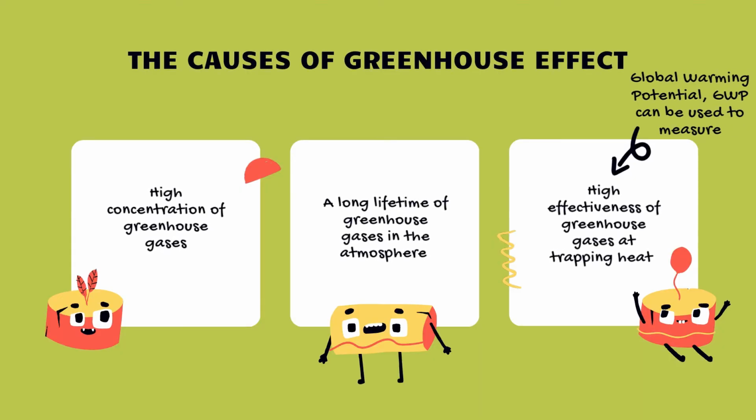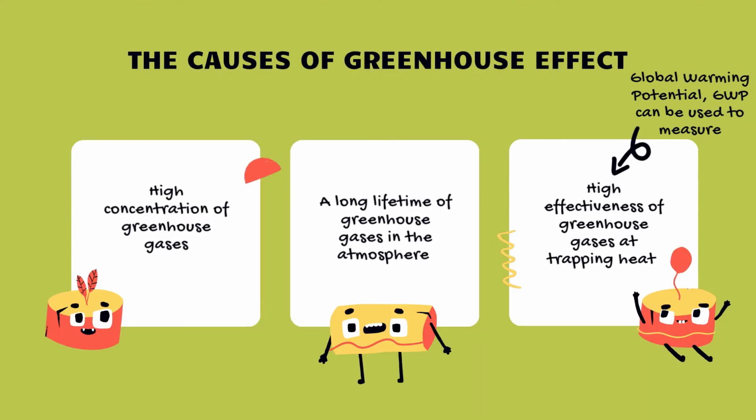What about the causes of greenhouse effect and greenhouse gas? The causes of greenhouse effect can be simplified into these 3 points: high concentration of greenhouse gases, a long lifetime of greenhouse gases in the atmosphere, and high effectiveness of greenhouse gases at trapping heat. With increasing greenhouse gases in the atmosphere, the environment and the earth will slowly have to suffer on behalf of